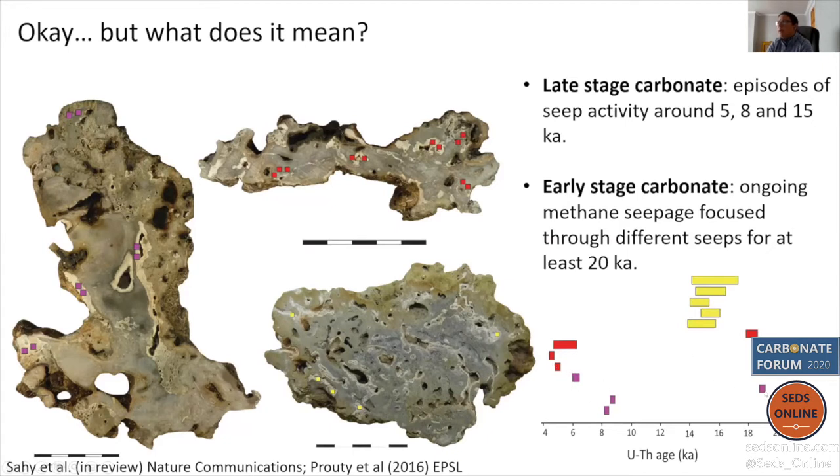And in the cases where we were able to date early stage material as well, we get dates that are still reasonable. They still meet that initial isotopic composition criterion from the previous slide, but they are quite a bit older than the late stage material from the same sample, which is what we'd expect to see based on the morphology. But this also raises two issues that we see again and again in methane-derived carbonates.